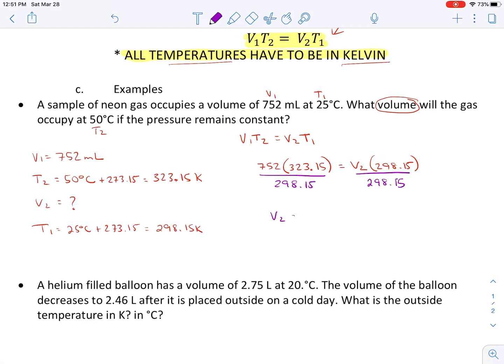And so V2, we're trying to figure this out, is 752 times 323.15, and then we're going to divide by 298.15. And we're going to plug that in our calculator and see what we get. 752 times 323.15 divided by 298.15. And our answer,